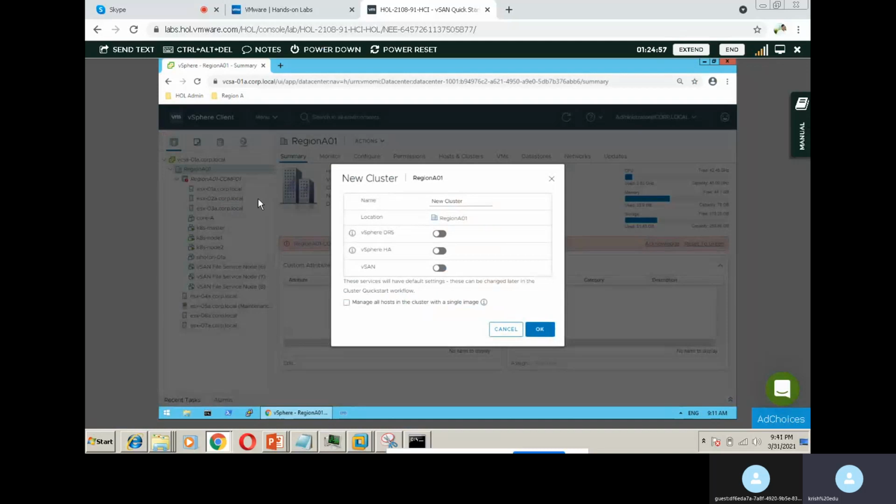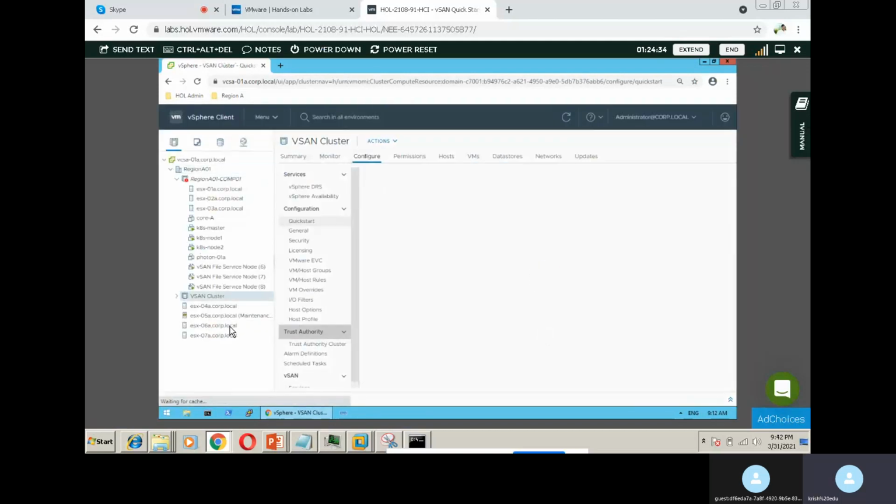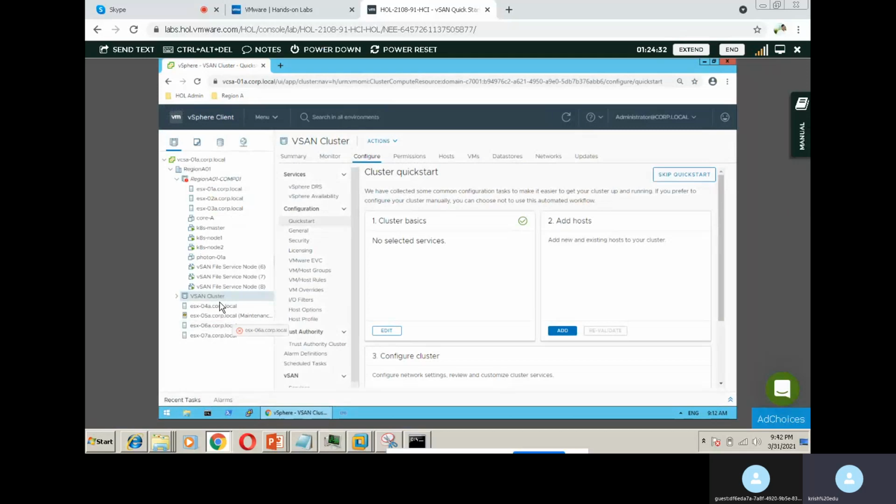Create a new cluster with the name VSAN cluster. Usually, don't start the services such as HA, as it does not allow us to configure your VSAN. So step by step, let's go. Let's just create a cluster. And let's move these 2 hosts into the cluster. But the minimum requirements of disks we have seen. Now we'll see